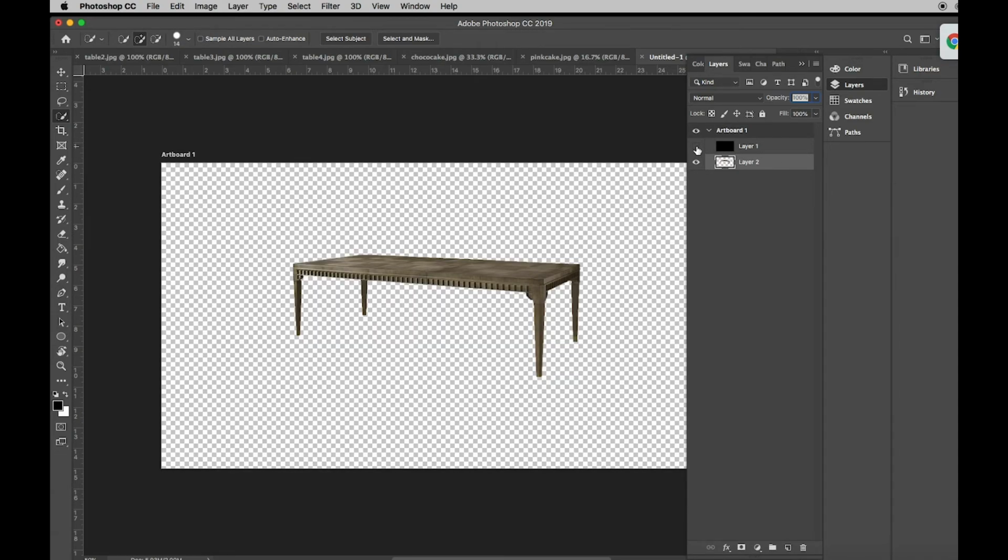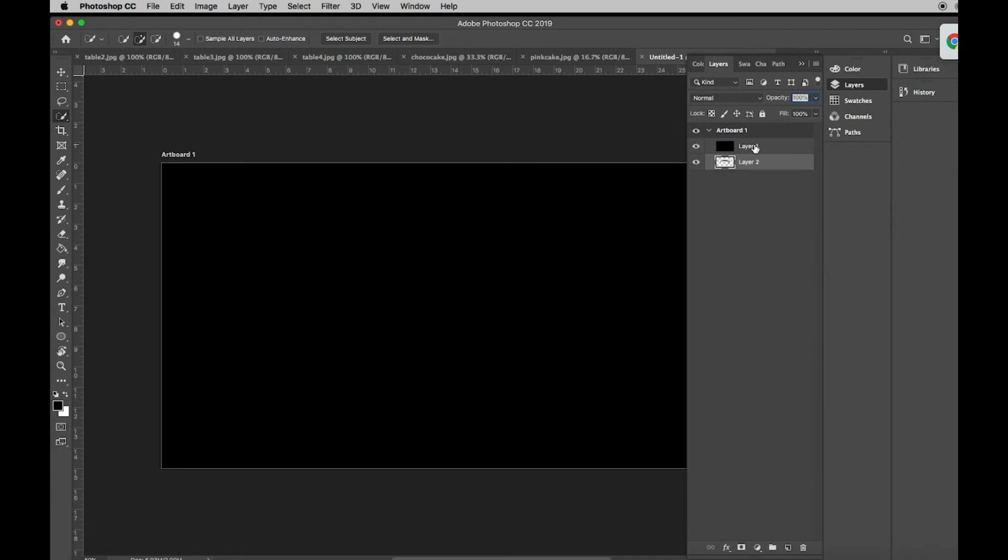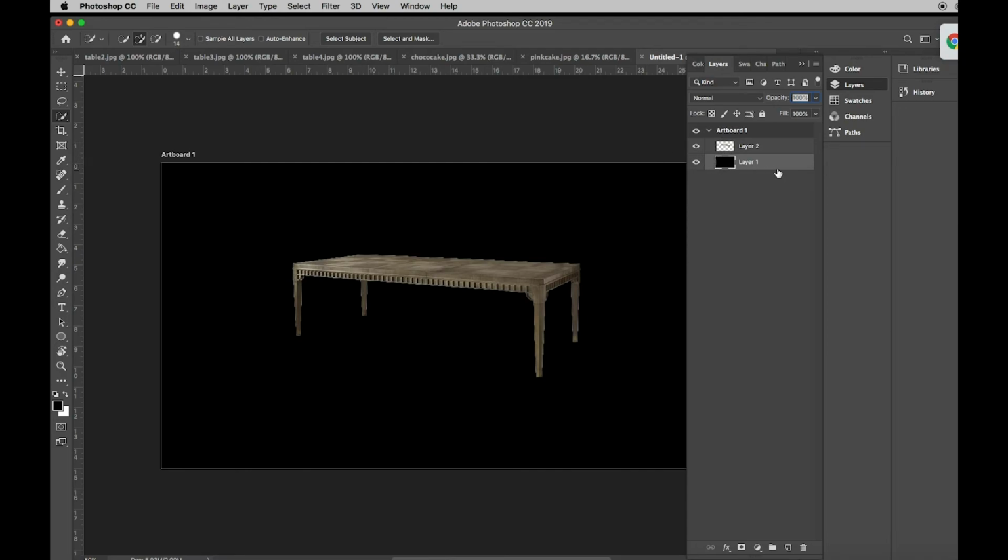And if I hit my mute button, I can temporarily turn off the black, but not delete it. Let's keep the black underneath. My table's on the top. Not bad,